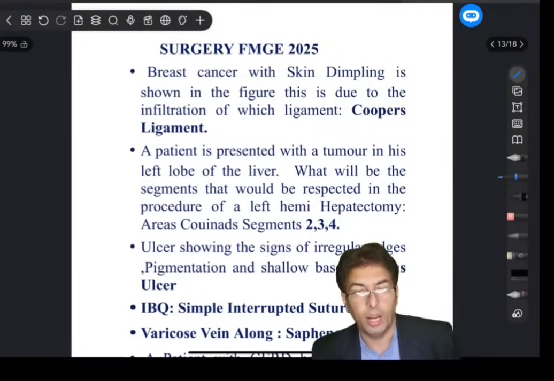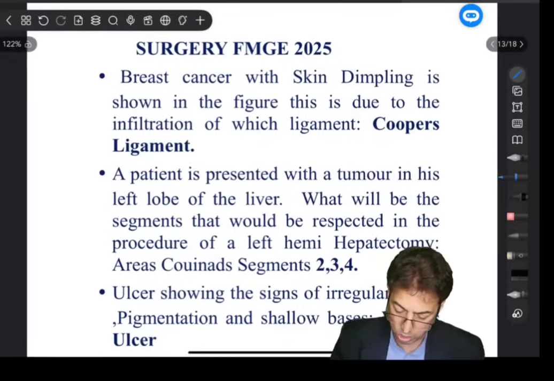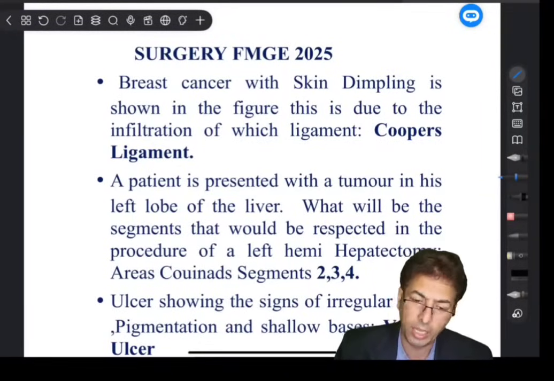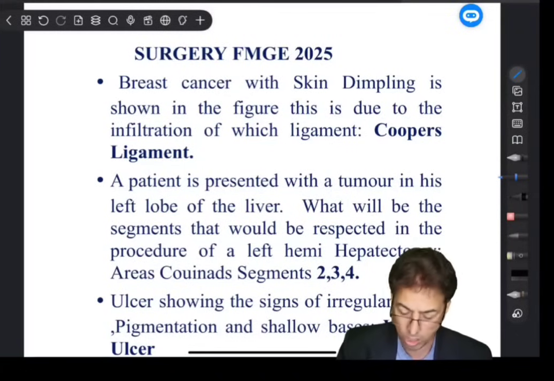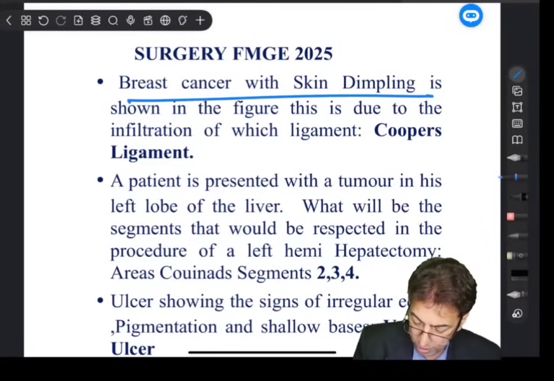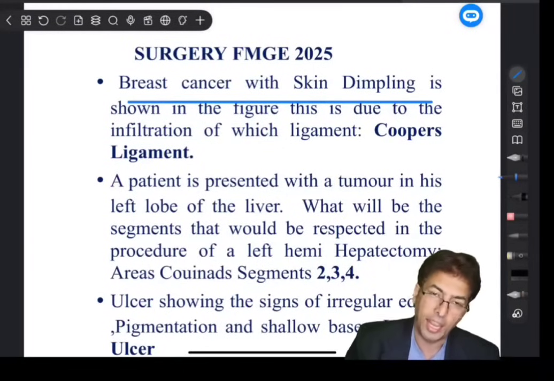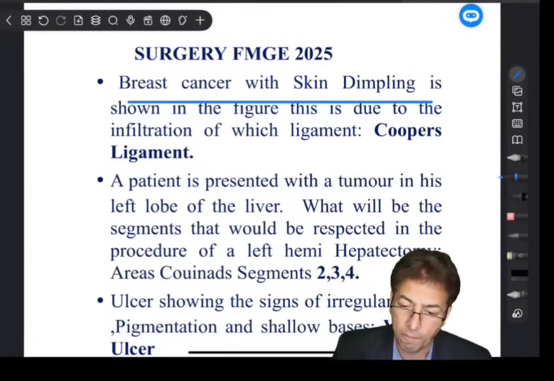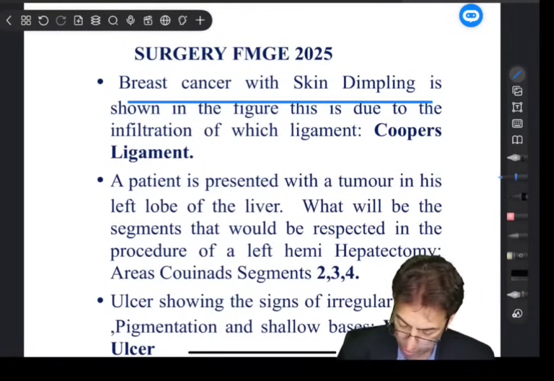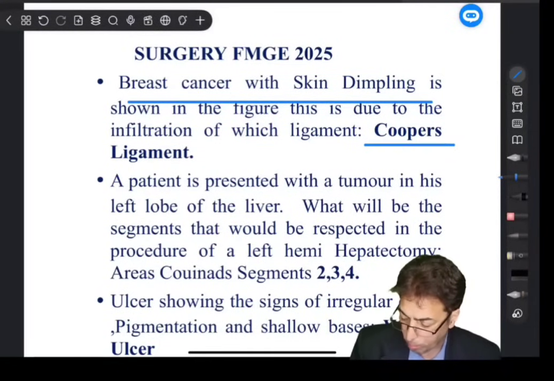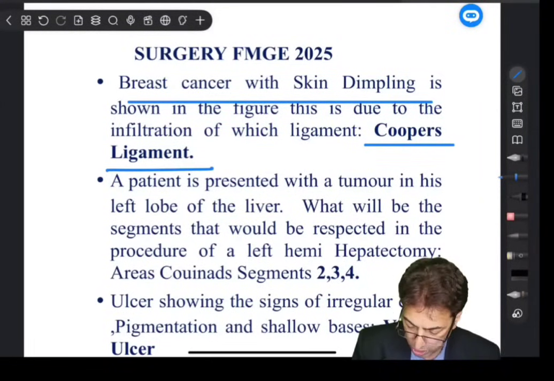Now, coming to the questions which were asked directly. So there was first a question which was asked, basically a question from anatomy put in surgery, on breast cancer with dimpling of skin. It was asked which is the ligament responsible for dimpling of skin. As far as the dimpling of skin is concerned, you are well aware of the ligaments of Cooper. So ligaments of Cooper, I think that it is the first basic question which we read once we read the